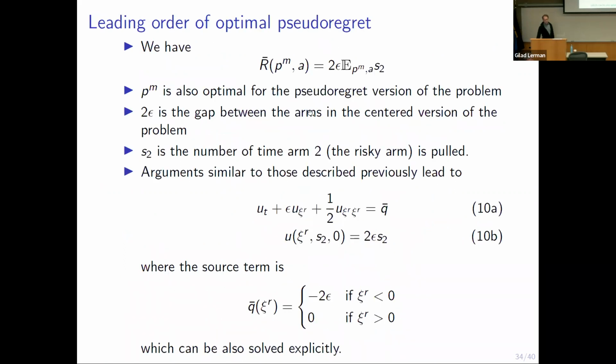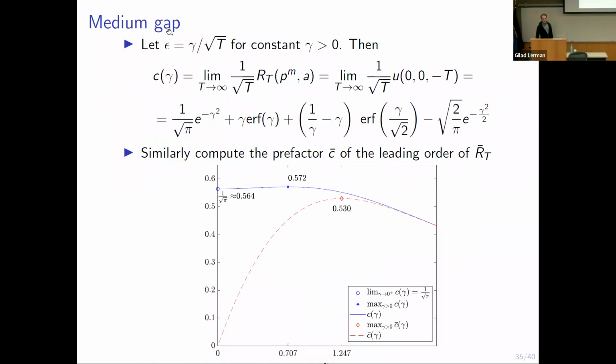And since I'm running out of time, I'm just going to say that you can do more or less the same thing. So what I did before was for regret. You could do more or less the same thing for pseudo regret, with just a simple linear final value and slightly different source term. So I'm just wrapping up: in the regime where your gap is some constant gamma over square root of 2,